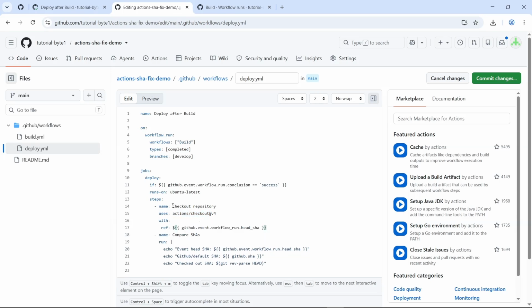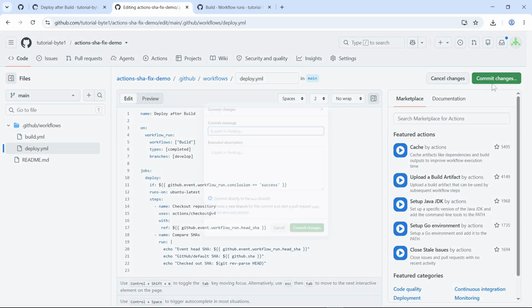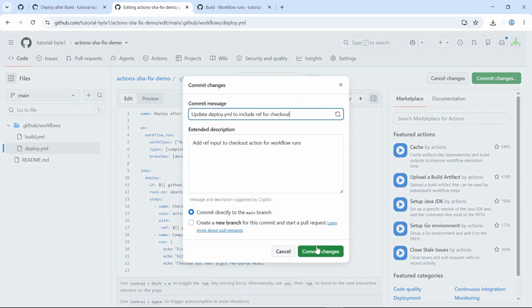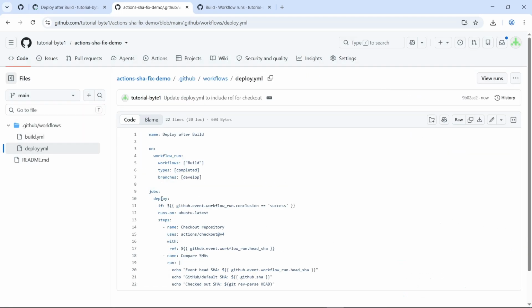Now copy the line, which is also available in the pinned comment, and paste it into the editor so it references the exact triggering SHA. Take your time here and make sure the indentation lines up with the surrounding block. Once the change looks correct, click Commit Changes in the upper right corner. In the Commit dialog, keep the option to commit directly to the main branch selected, then click Commit Changes to